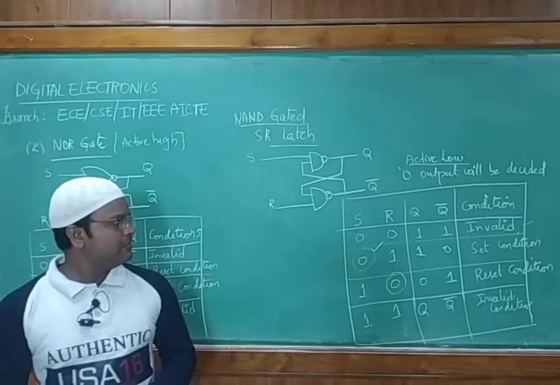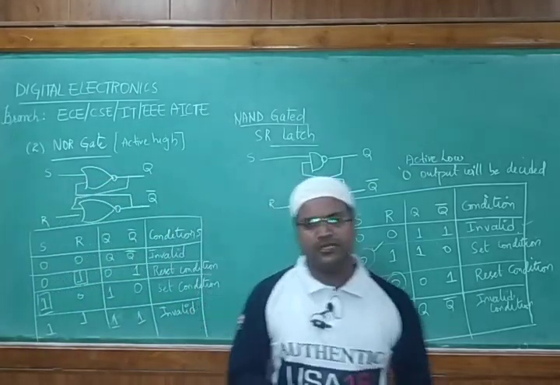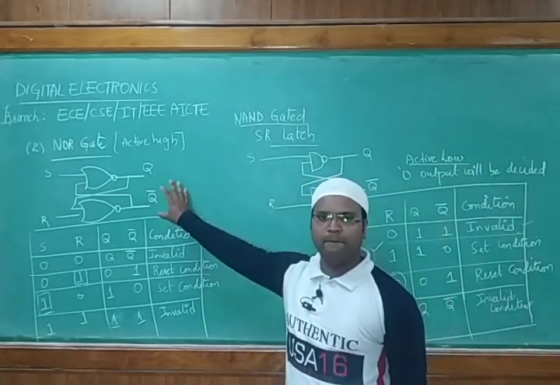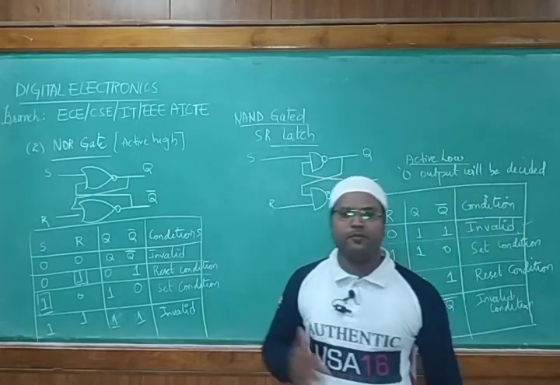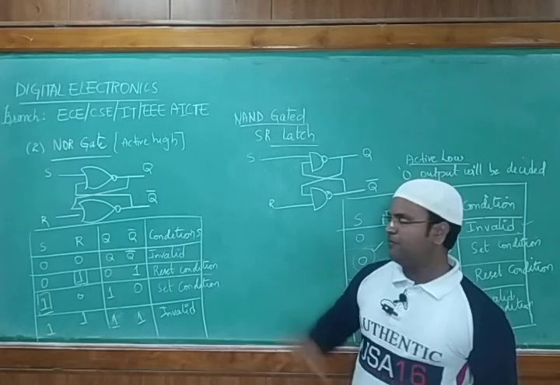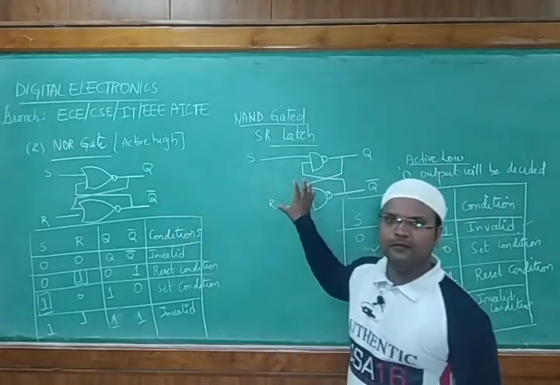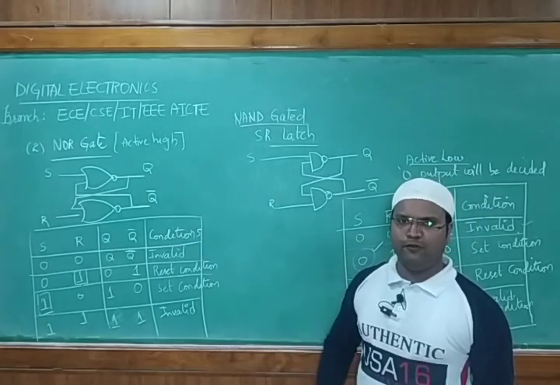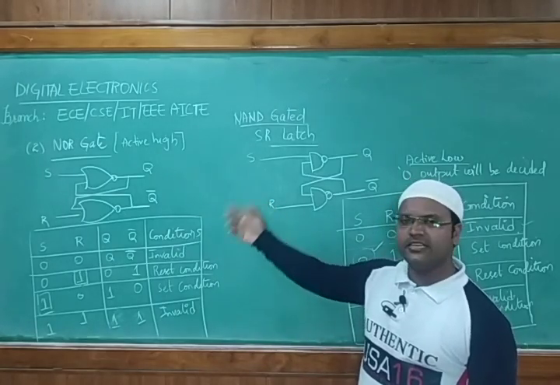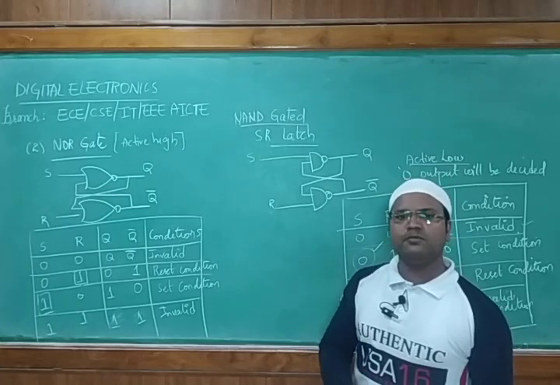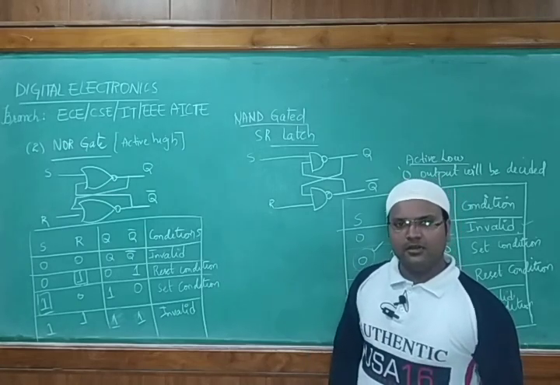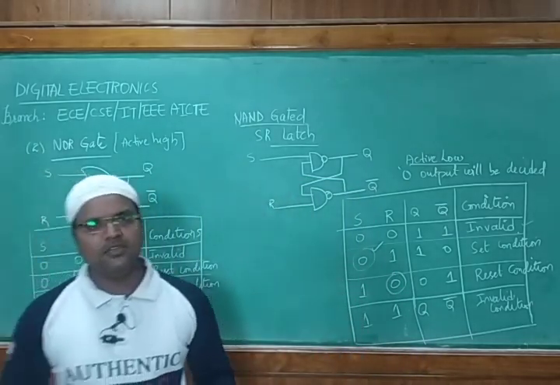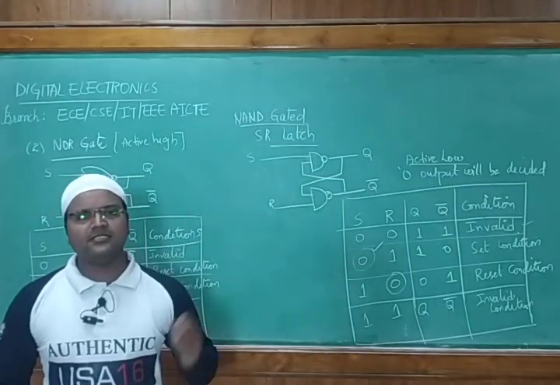Okay, so we have seen two things: one is the active low approach, and the next is the active high, in which we have taken the NAND gate and then the NOR gate. Now we'll design the SR flip-flop by giving the clock pulse, with the help of these latches. So how do we design the SR flip-flop? Let us see. Before proceeding with that particular clock pulse, we have already discussed that clock pulses are of two types: one is edge triggered, the next is level sensitive.